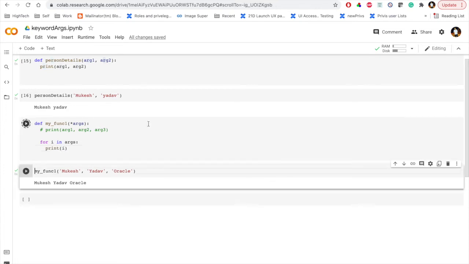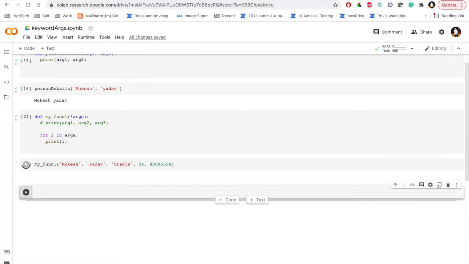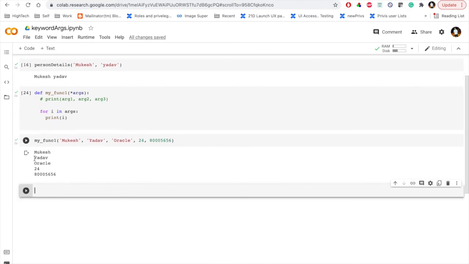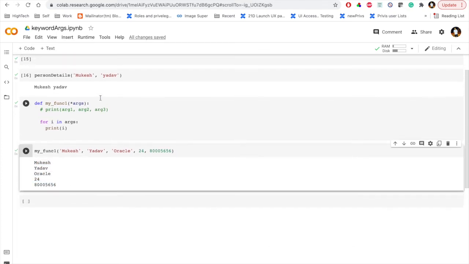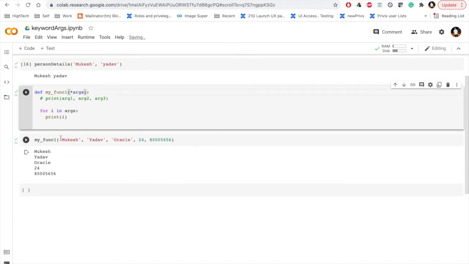Now whatever number of parameters you want to pass, like my age is 24 and contact number is 800 or something, just pass these arguments and you will see the result. So using only a single star argument, we were taking any number of parameters.